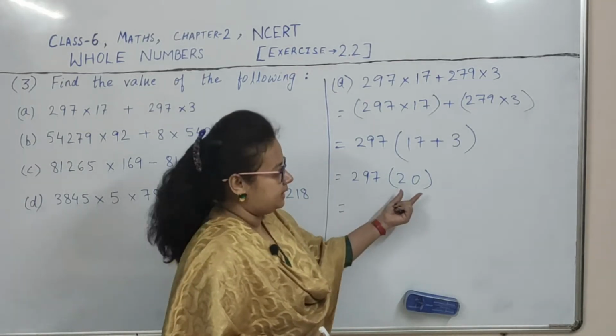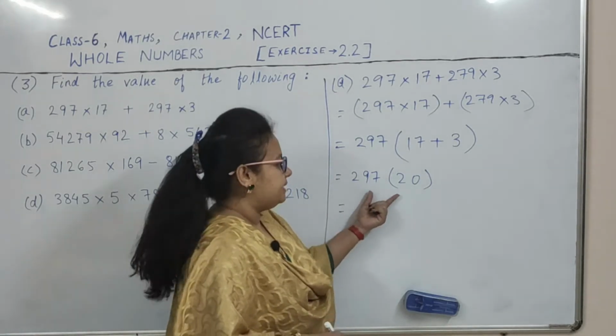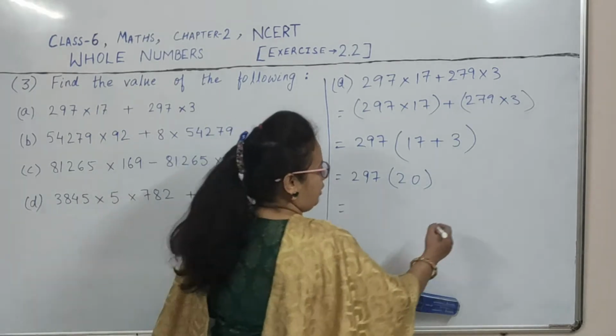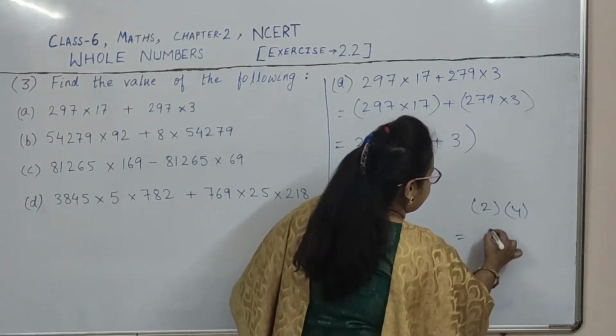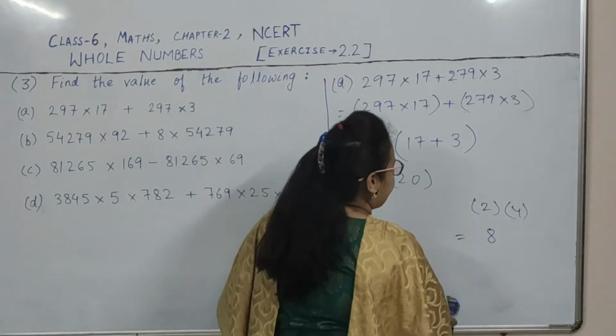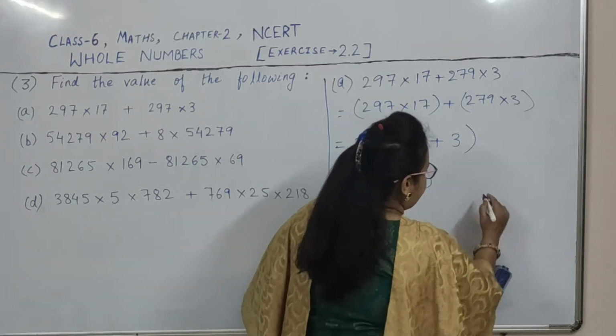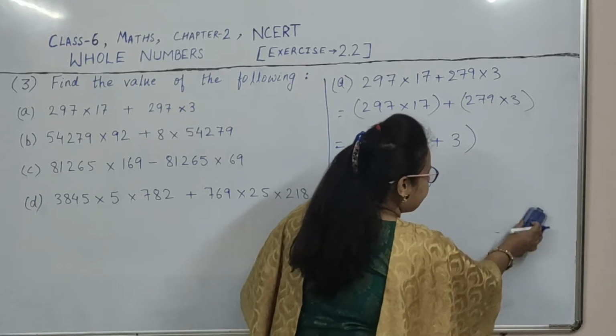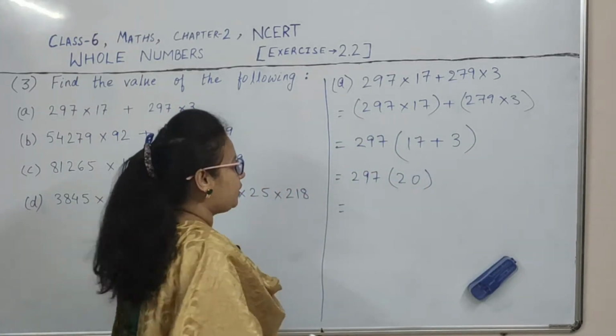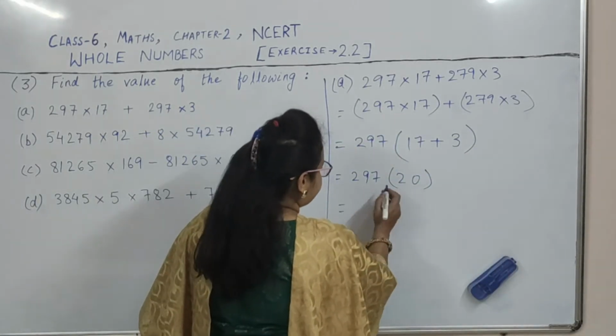One number is outside and the other is inside the bracket, means we have to multiply it. Or if two numbers are also there in the bracket, then also it means we have to multiply these two numbers. 4 2s are 8, like that. Or if some number is outside and something inside, then also we have to multiply. Bracket means to multiply.